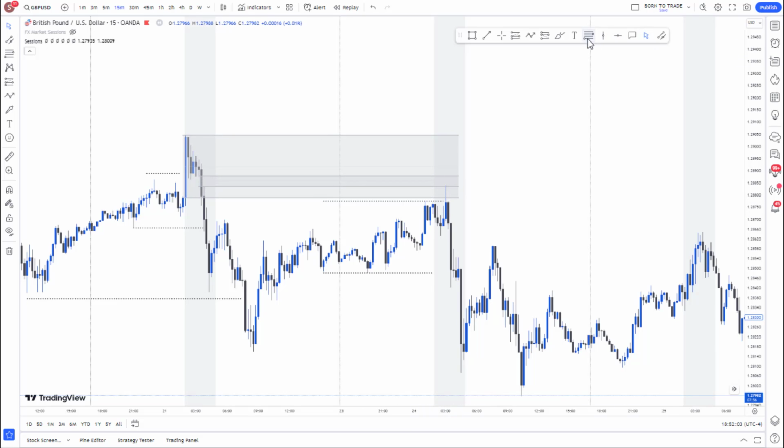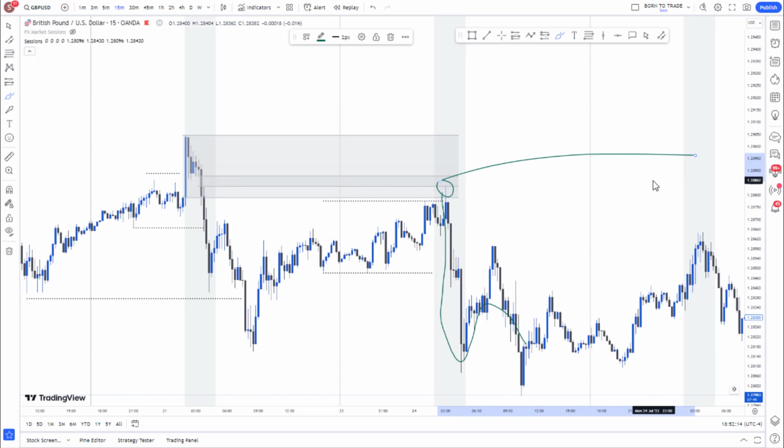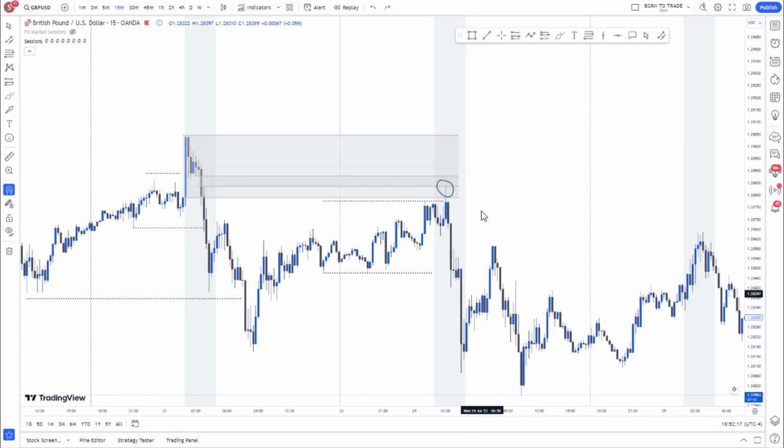And what can we actually see? Price taps into this area, taps into the order block, taps into the fair value gap, and it pushed to the downside without coming back to this particular high. So if you wanted more confluence, what you're going to do is you're going to drop to the lower time frame